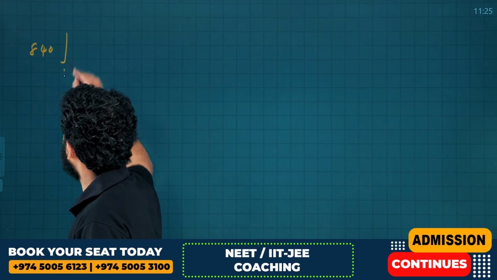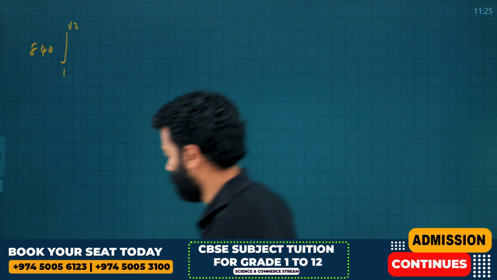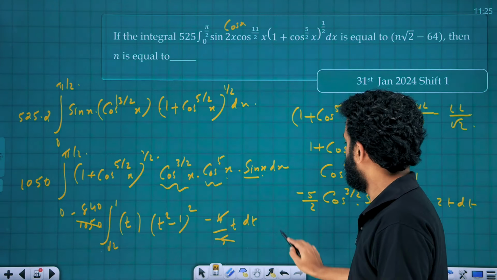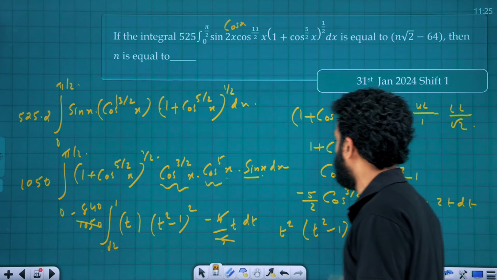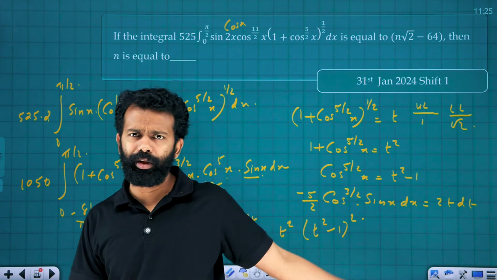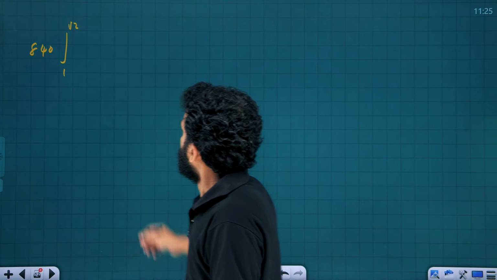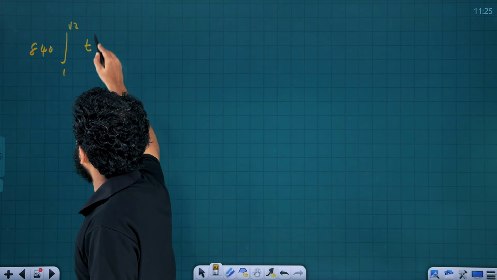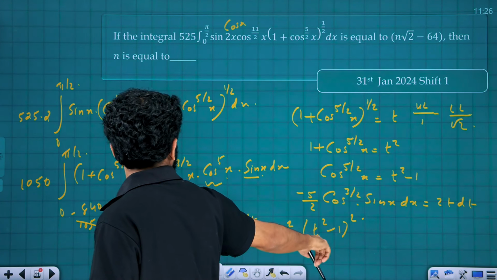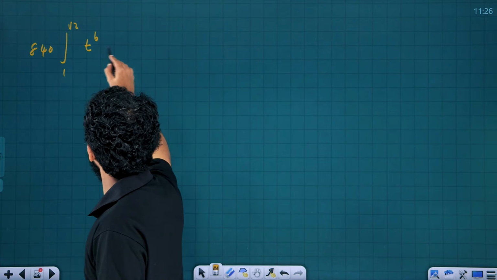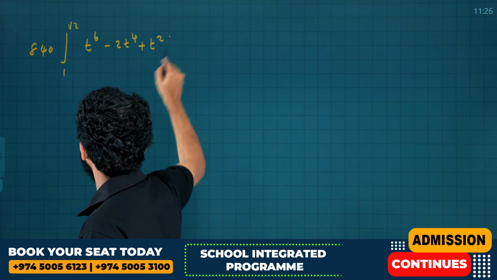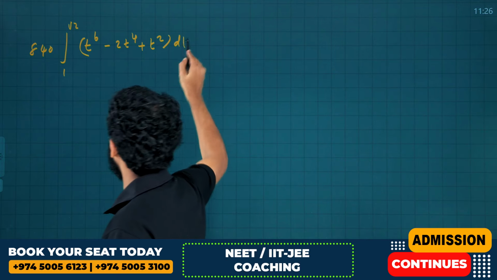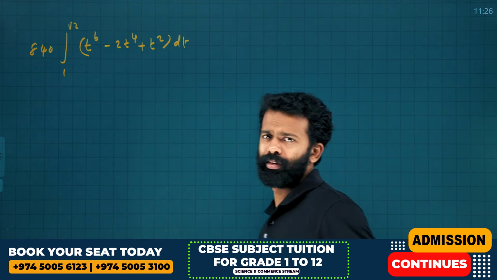Therefore, it will be 840 into integral 1 to root 2 of t square into t square minus 1 the whole square, right? You can multiply it by yourself and you will get t raised to 6 minus 2t raised to 4 plus t square. It's almost over. It's easy to integrate, right? So, it will be